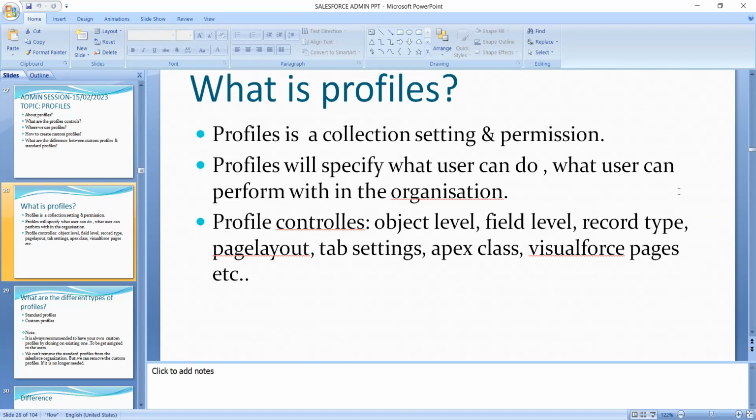In the profiles, you set what type of settings you want, what type of permissions you want to give to the objects, and everything will be shown in the profiles here. Whenever a user is created, it is an end user who logs in to the application. When you assign users, we must assign the profiles and roles